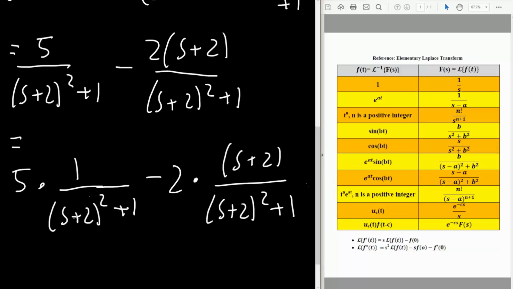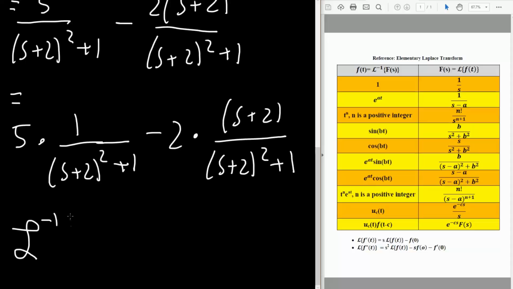So 1 divided by (s plus 2) squared plus 1 is this, because b is going to be 1, and a would be minus 2, so a would be negative 2. Likewise, for this, (s plus 2) divided by (s plus 2) squared plus 1, b is going to be 1, and a will be minus (minus 2), so a is negative 2. And so our final answer will be